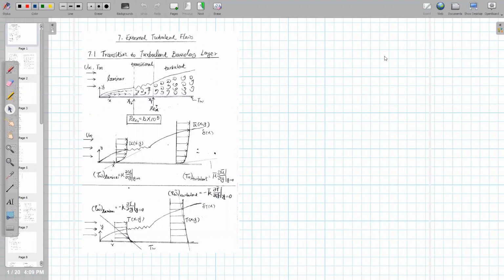So basically, in this class, we are talking about the effects of turbulence on both forced convection and natural convection. We're focusing on 2 questions here. The first is, under which condition will the flow become turbulent? Because we need a criterion to know whether this is a laminar flow or a turbulent flow. The second question is that